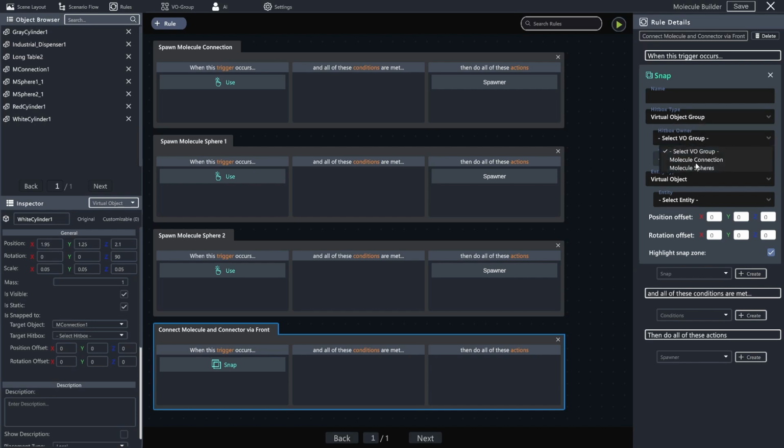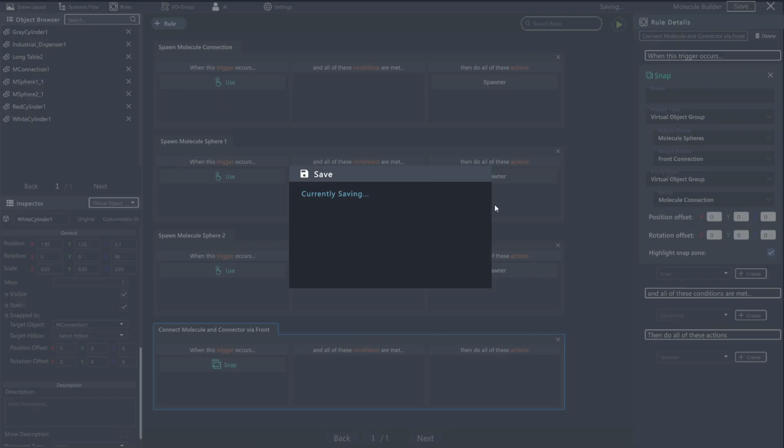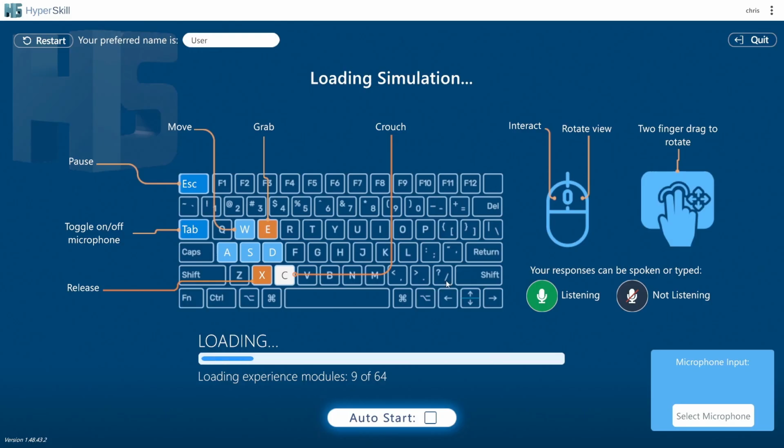And you can see here we have our connections here of our groups. I'm going to go to molecule spheres. As this is the front, I'm going to do my front connection, and the object that can go in is going to be our virtual object group of our molecule connections. Okay? And that is the entire behavior of what I need there. I'm going to highlight the snap zone so that you can see every object that I spawn is able to go into here. And I'm going to click play on my simulation so that we can just quickly demonstrate this